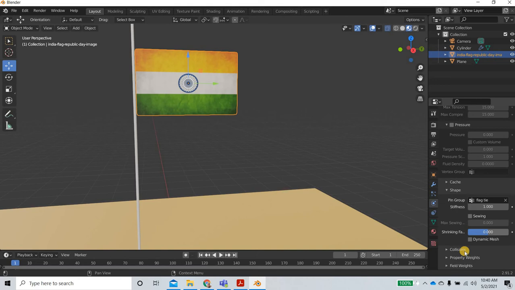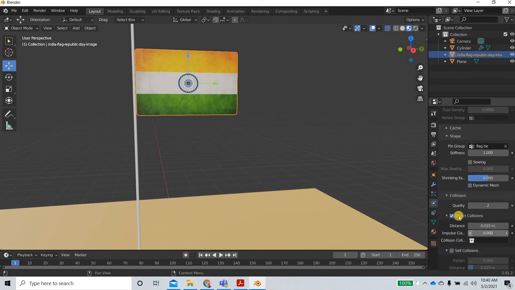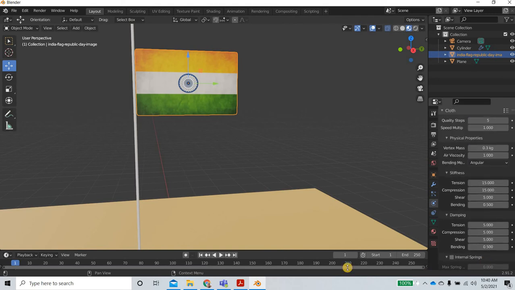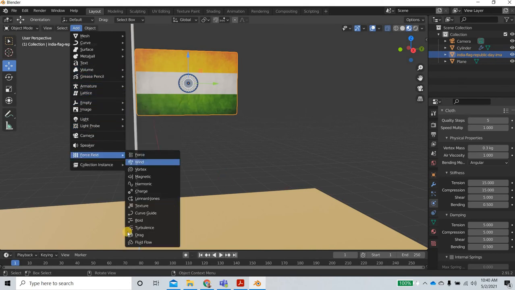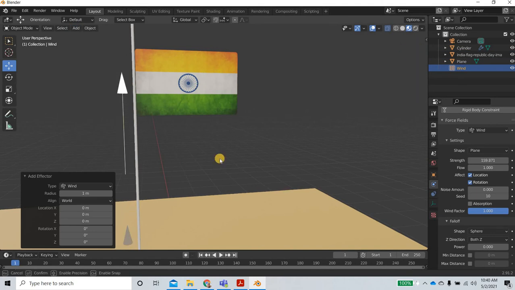What we need to do is collisions, and we will turn on self collision on as well. Okay, we want it to collide with itself. The other thing we need to do is add wind. So we'll go to add force field. Where is force field? Here, wind. Okay,